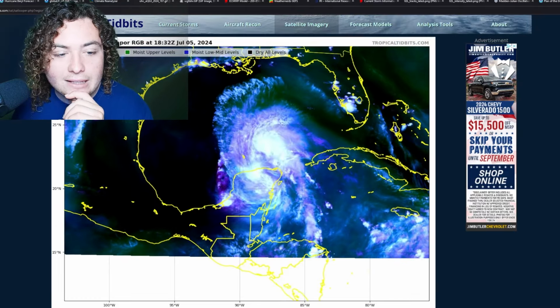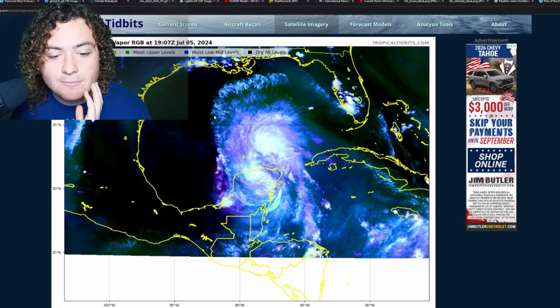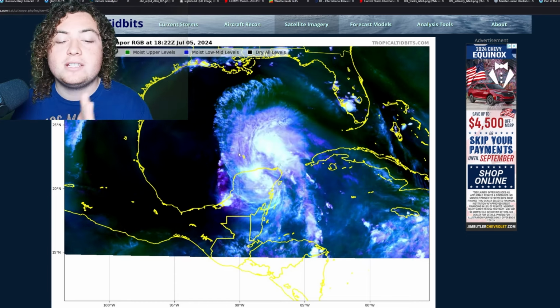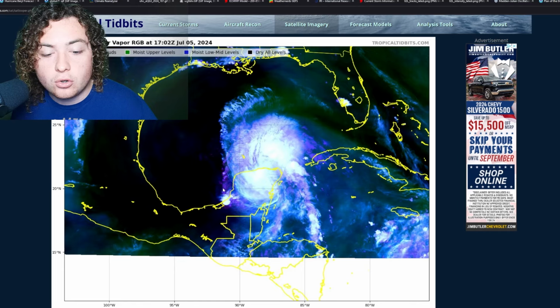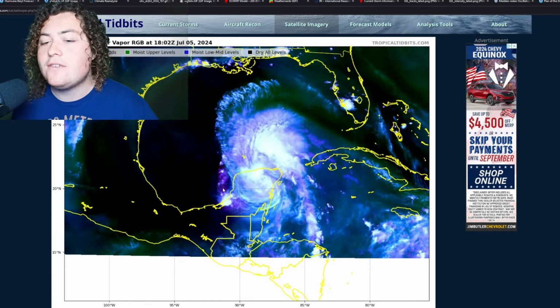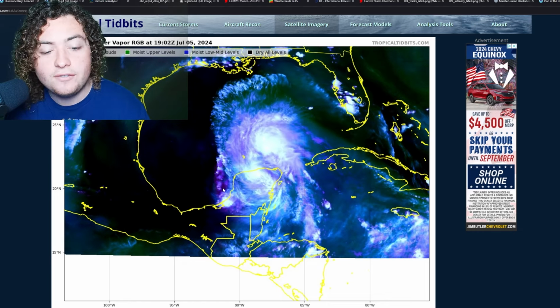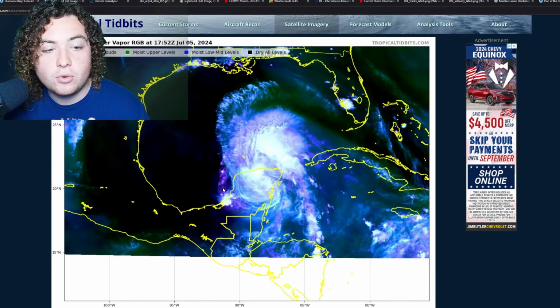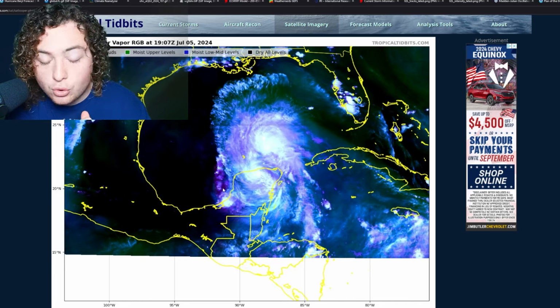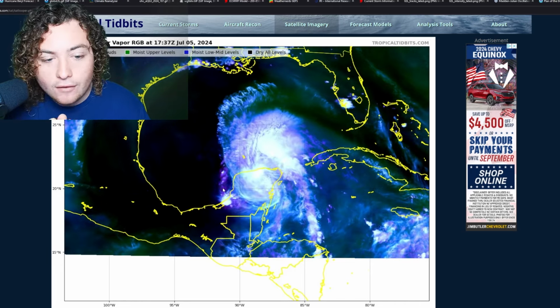There is a lot of dry air in the western Gulf of Mexico, but the only way that could really affect it is if the wind shear allows it to intrude the core. Like I said before, the core has been rebuilding even as it was moving through the Yucatan Peninsula. So that could definitely speed up the process of this thing organizing and intensifying. If dry air does get in there, this now has a much better chance of fighting it off and intensifying